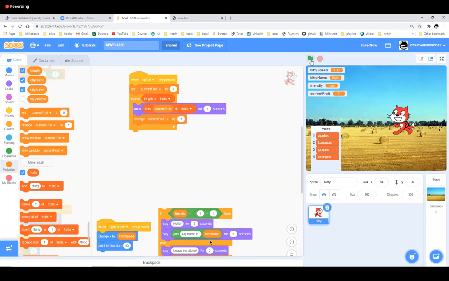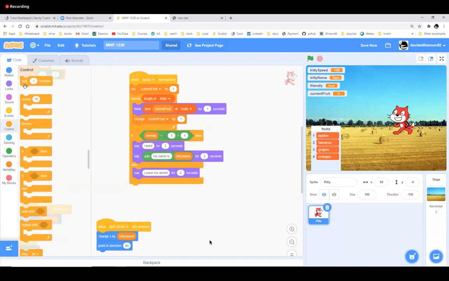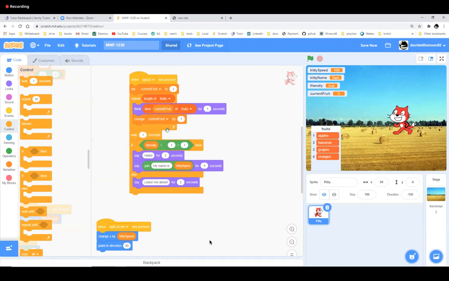Very good. Now if I hit space, he's going to say apples, bananas, grapes, oranges. And then he's going to stop, and he's not going to say anything because I didn't put that back. Sorry. Maybe I'll even wait for a second. That would be nice, if he stops and pauses before speaking. So I hit space bar: apples, bananas, grapes, oranges. And then he stops, and then he says hello.